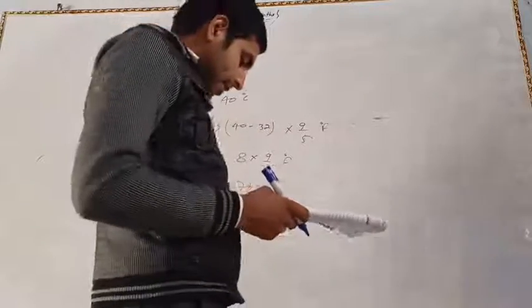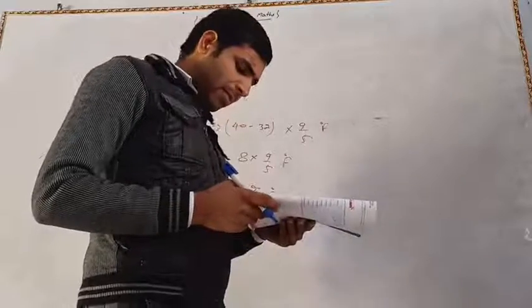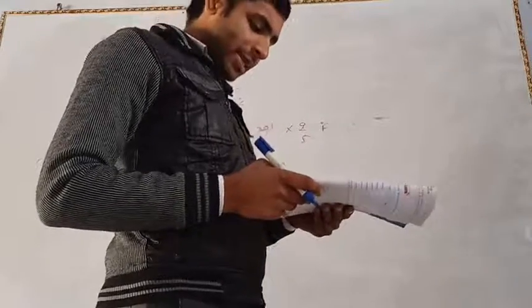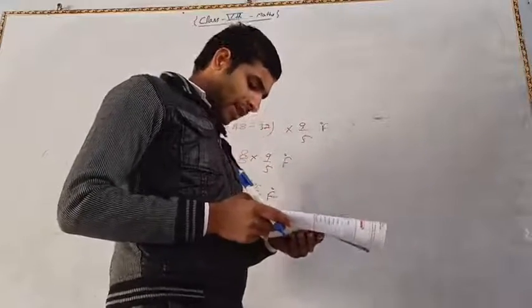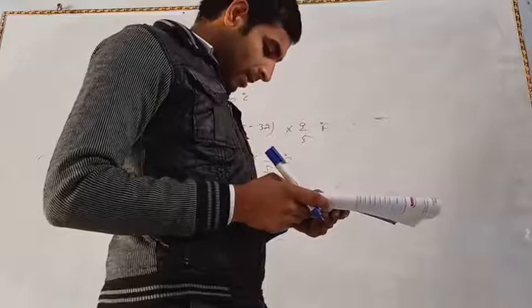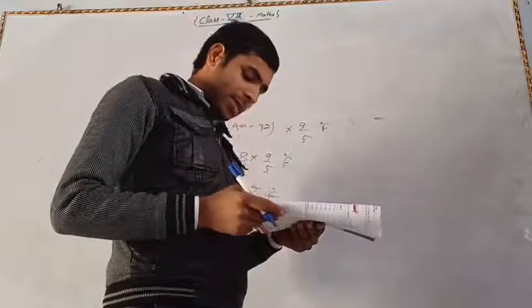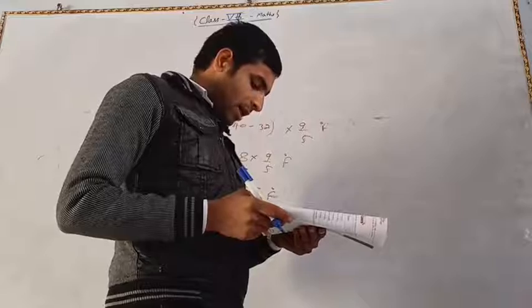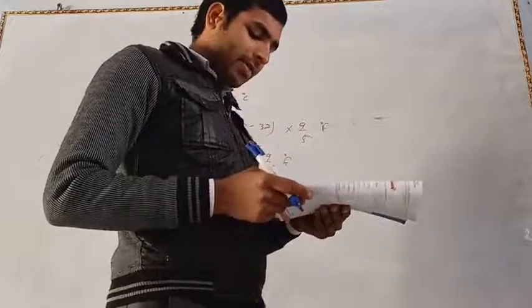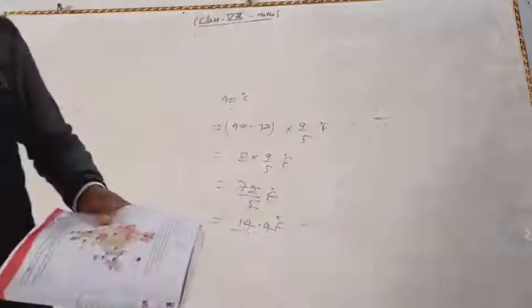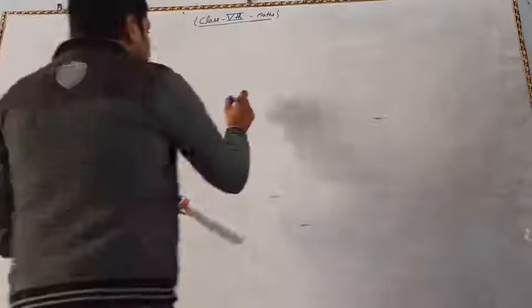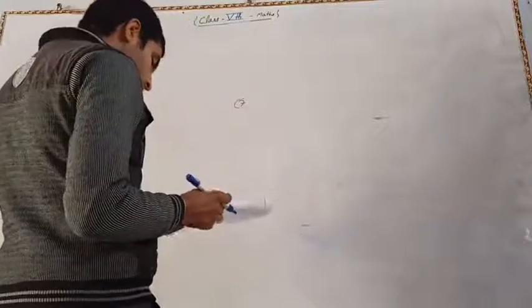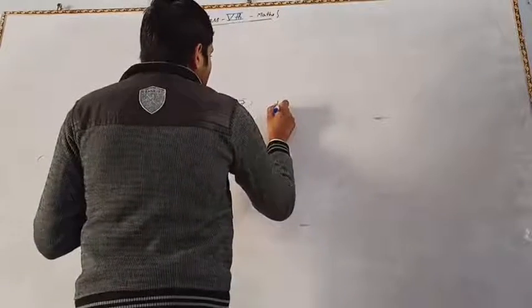Now again we are given that in the month of July the maximum and minimum temperatures of a day were 42 degree centigrade and 27 degree centigrade respectively. Find the difference of the temperatures in degree Fahrenheit. So first of all, in problem number 7, you have to find the difference between the temperatures.